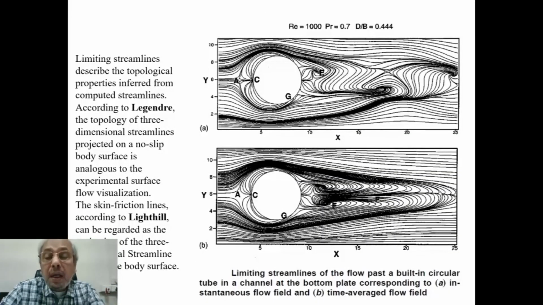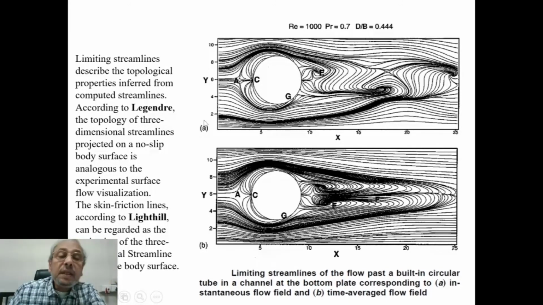Now I will show some sample calculations. This is a reasonably complex geometry, a circular cylinder in a channel. It's not a two-dimensional flow; it is a three-dimensional flow of a circular flow past a circular cylinder, cross flow basically in a channel. Reynolds number 1000, and here what we have shown is